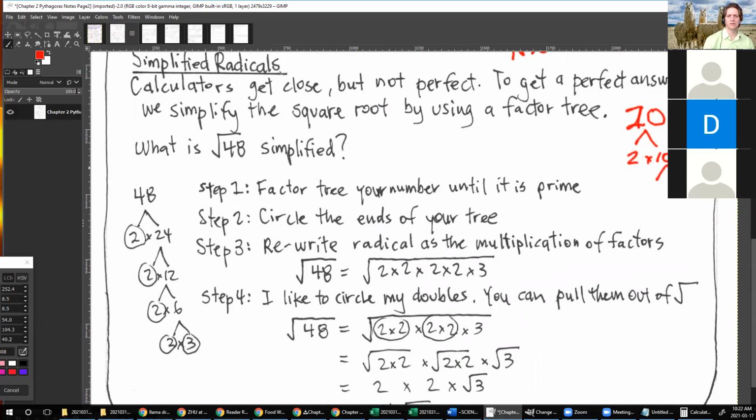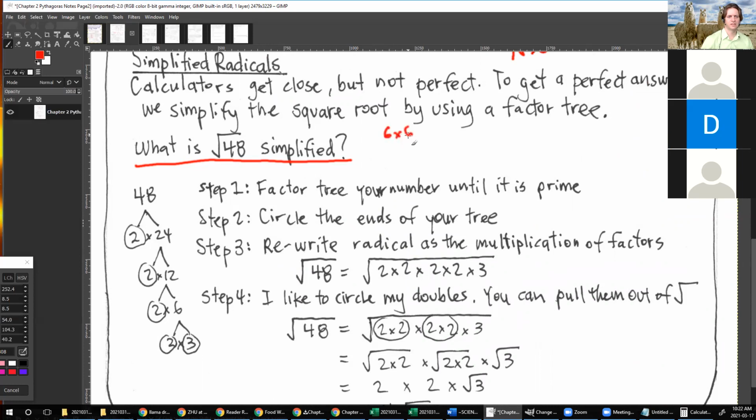Okay, let's get rid of that square root of 20. So again, when you're simplifying radicals, the best thing to do is to use a factor tree. So again, here's the question: what is the square root of 48 simplified? Well, I know that